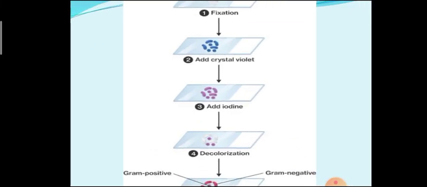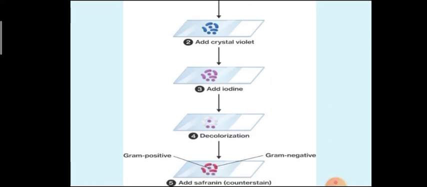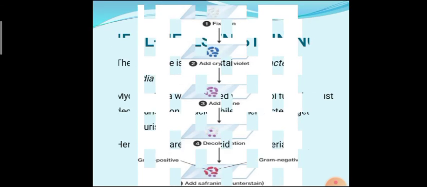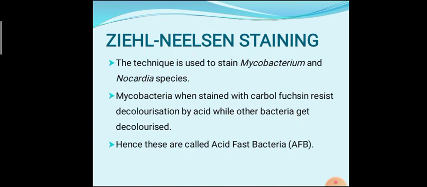Here you are looking at stage 2. What do we do? We will cover the slide with crystal violet for 30 seconds, and after completion of 30 seconds, we will wash the slide and put another reagent on the smear, known as iodine solution, for 30 seconds also. And in stage 4, we will decolorize the smear with the help of acetone iodine, right? In the final stage, we will put safranin or carbol fuchsin for 30 seconds also, and after completion of 30 seconds, we will dry the slide and observe under the microscope. So dear viewer, this was gram stain.